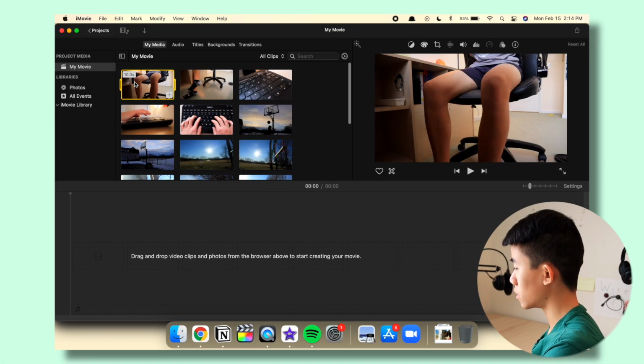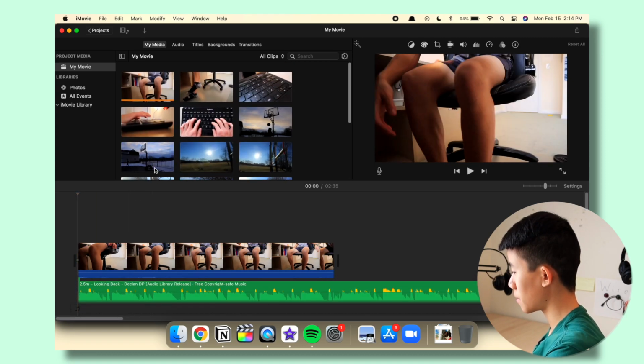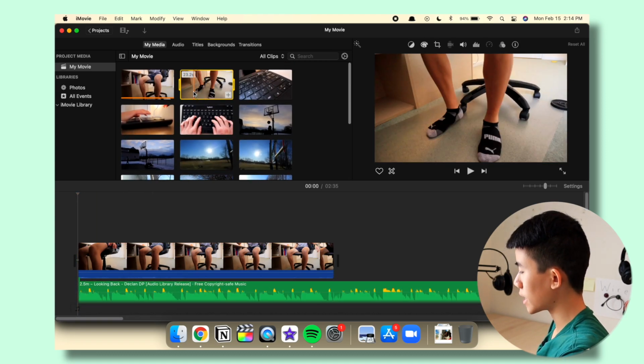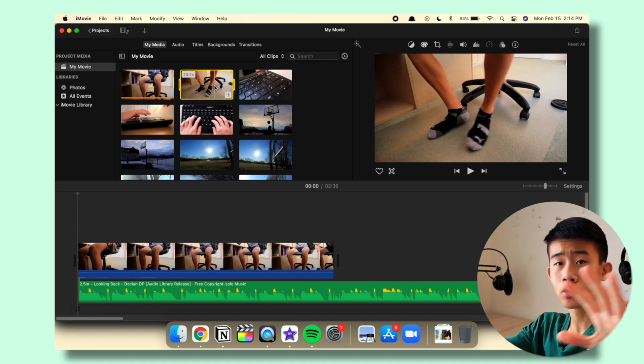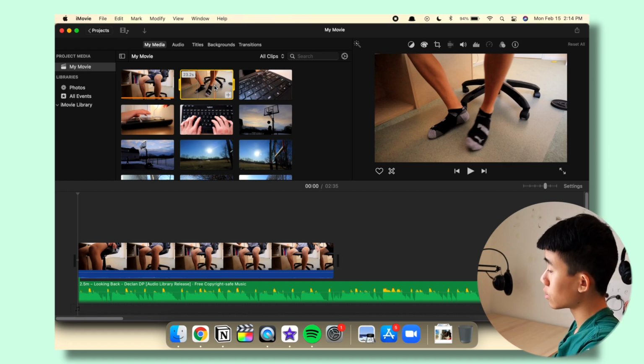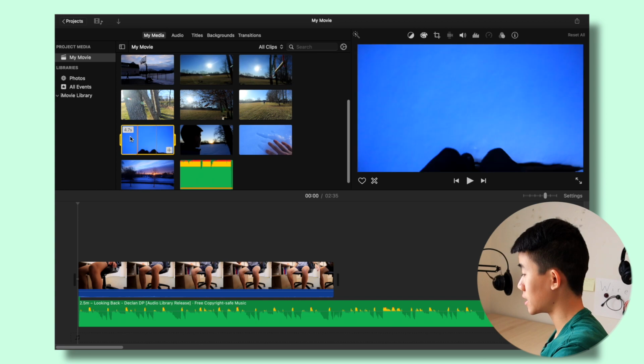I haven't used iMovie in quite a bit, actually a couple months. We're just going to be dragging the music on and the first clip on here as well. So the point of this edit, what I want to do is just get myself typing and starting this, and then sort of like a whoosh in. That's going to be like a transition here. This is sort of like daylight here, and transition that into winter